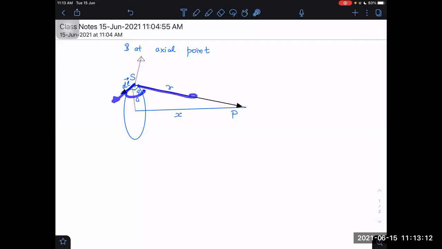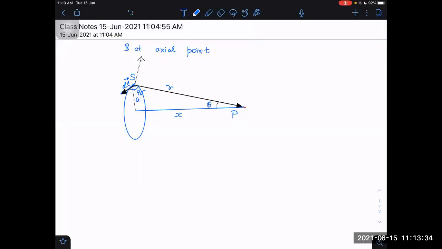It is 90 degrees, but don't think it is vertical. It is not vertical. It is tilted from vertical. How much is it tilted? If this angle is given to us as theta, this side is 90 minus theta. With that side, it will not be 90 minus theta. With that side, it will be theta, sir. Yes, sir. With vertical, it will be theta again.